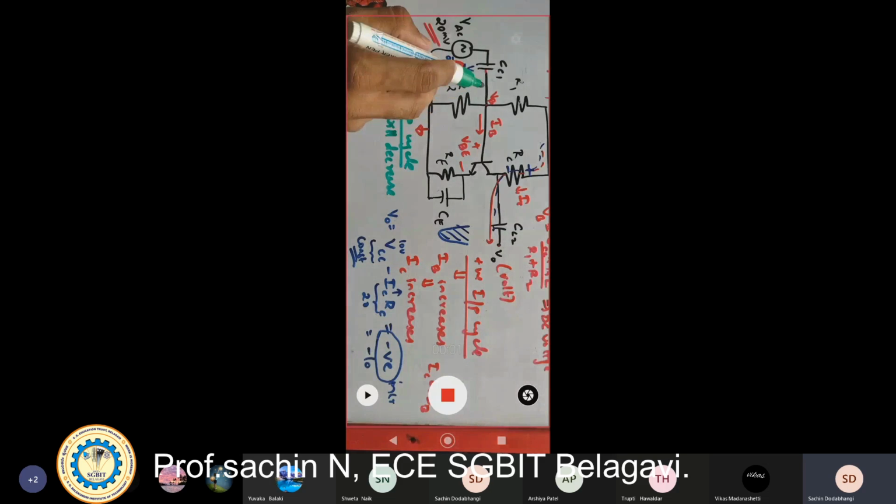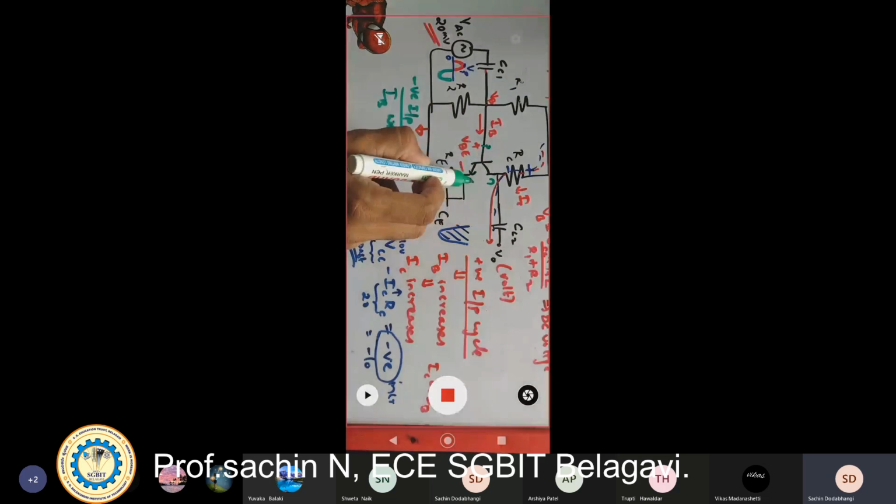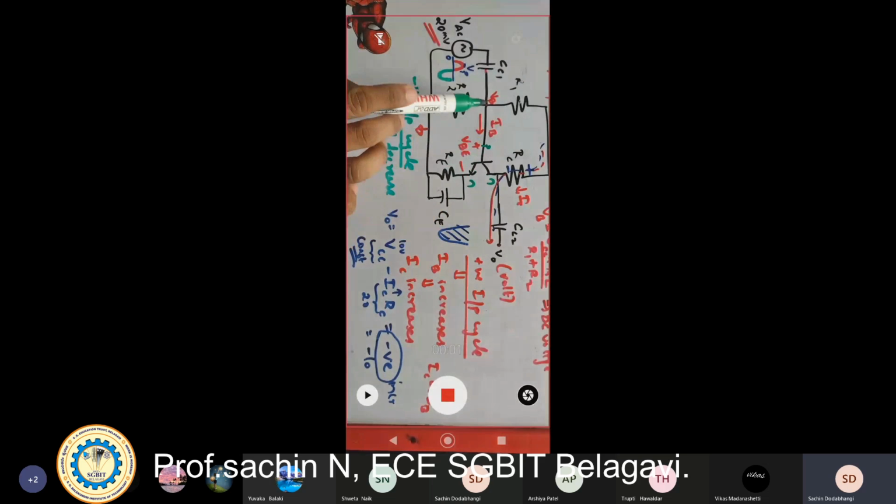A negative input cycle means it is decreasing from zero to a negative value, so IB is going to decrease. It is an NPN transistor, so I need a positive voltage applied to the transistor. When I apply a positive voltage, only then will the current increase. Here I am applying a negative cycle, which means negative voltage, so the current will not increase, it will decrease.